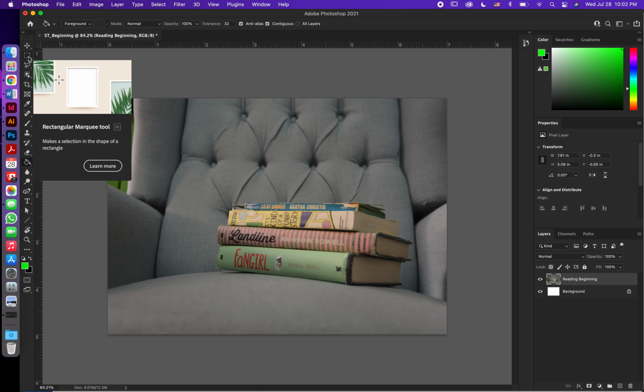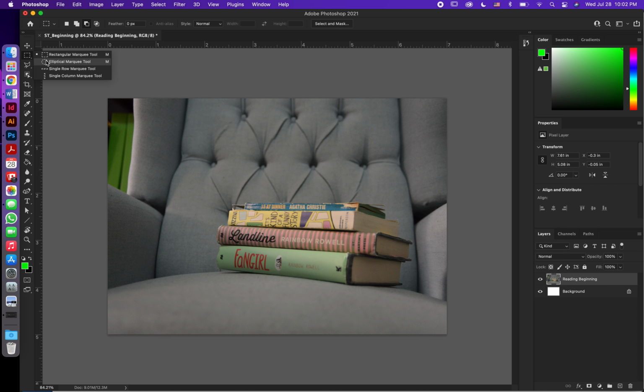So the first thing that you can do is drag out the marquee tool. The marquee tool also has an ellipse and these single row columns. We're not going to need those. You probably won't really need these, but let's just talk about it. So if I drag out a box, and now we see these marching ants, whatever is inside this box is